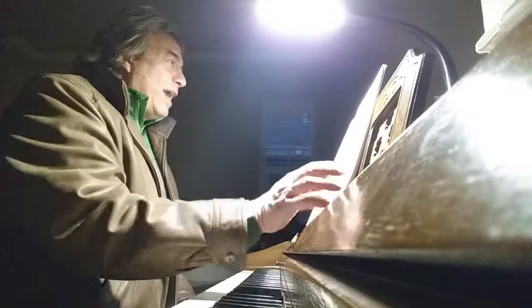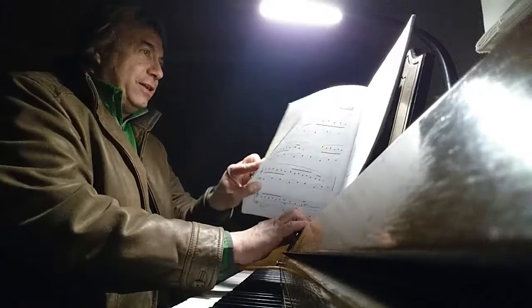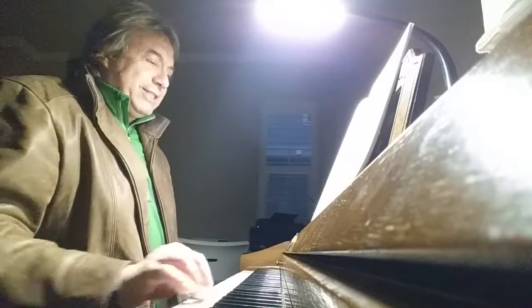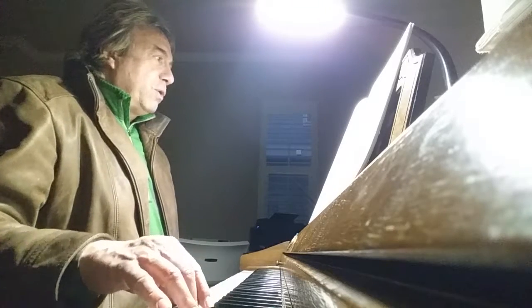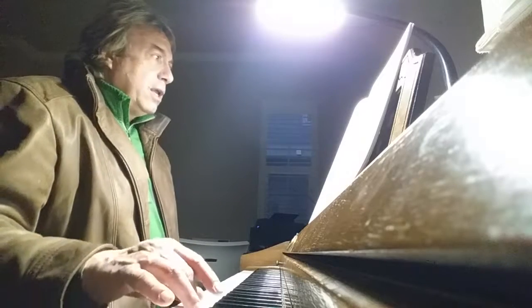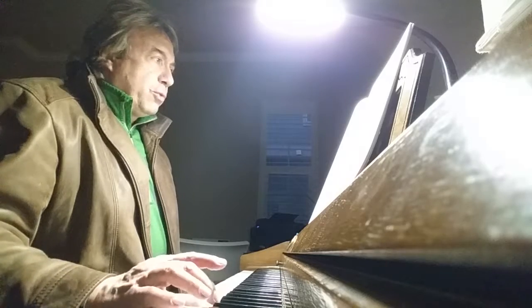Okay, this is a right-hand tutorial for Snowfall on page 10 of Ben's book. So you start with your 3-finger on C, 2 octaves above middle C, down a third to your 1, then your 3-finger comes up a second, and your thumb goes down to G, and then your 3-finger goes up a